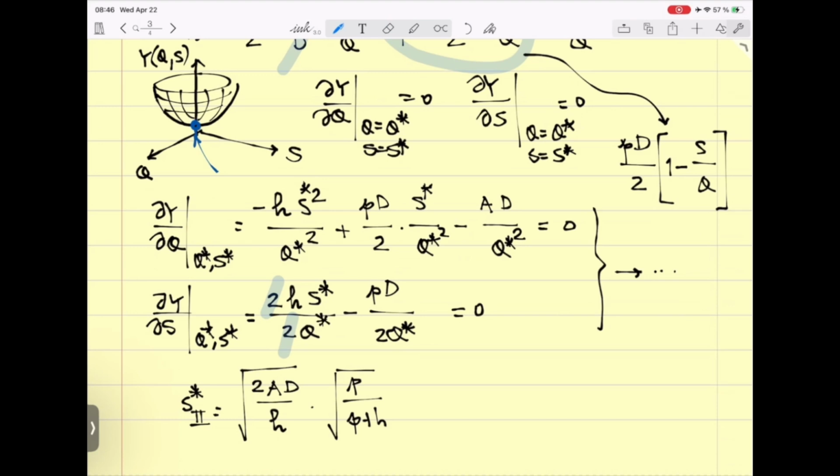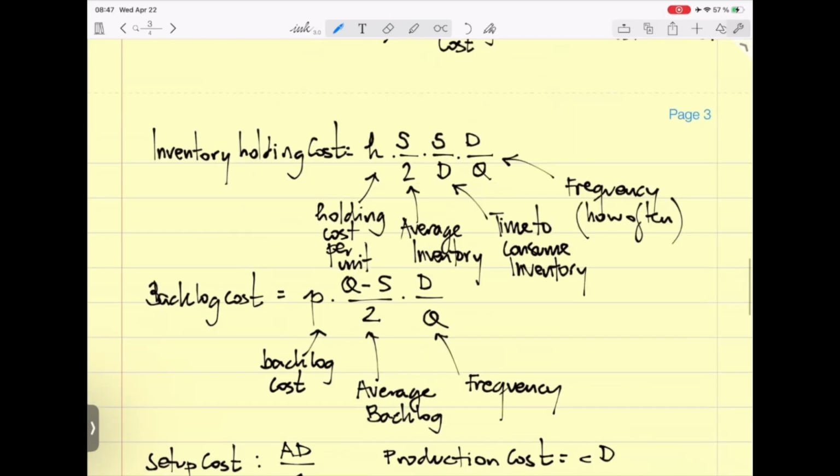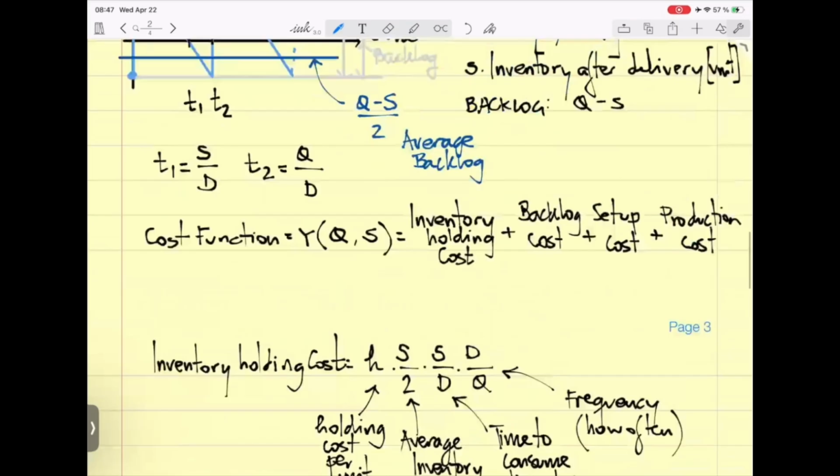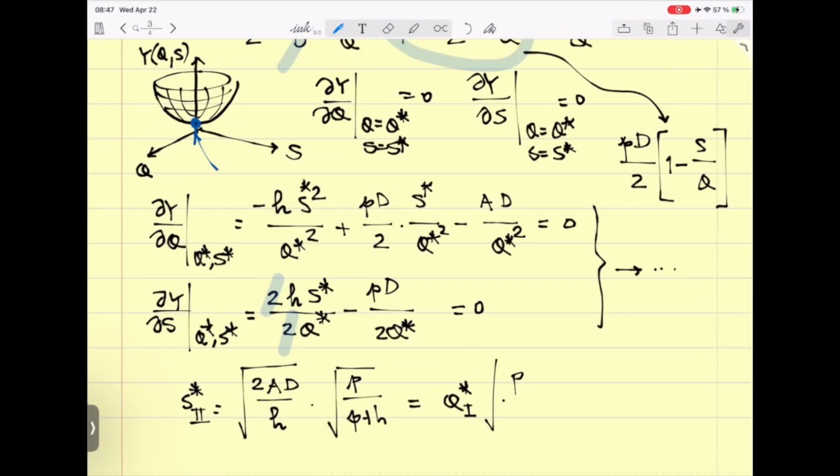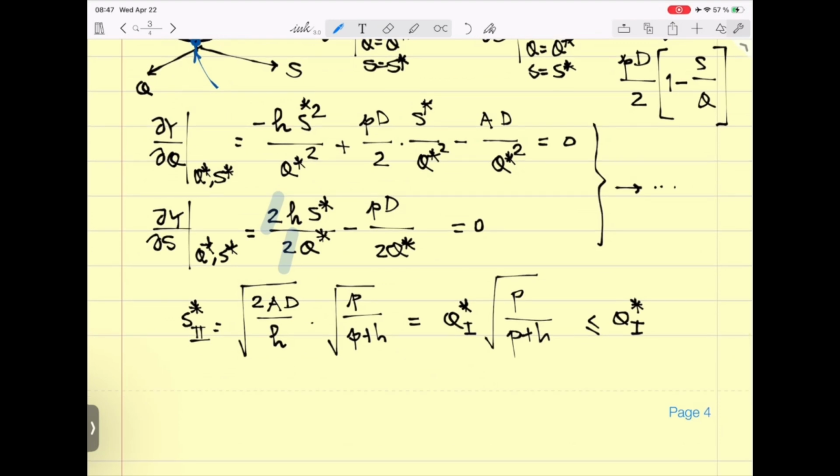So the backlog allowed is S, the inventory after delivery. I mean, it is P divided by P plus H, which is smaller or equal to the first economic order quantity. The second economic order quantity equals